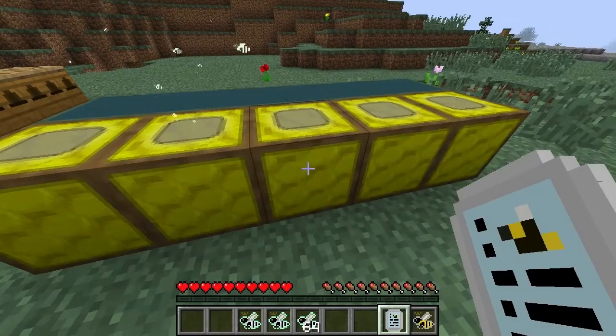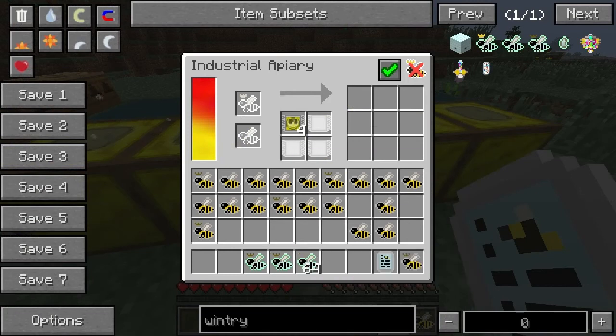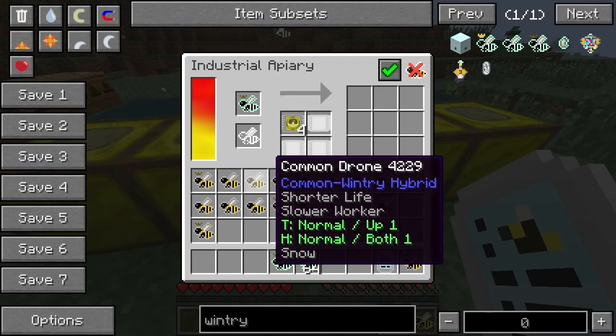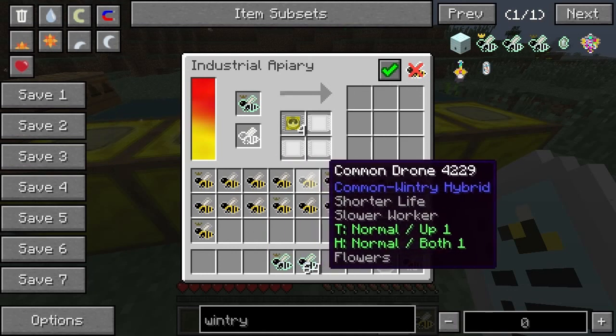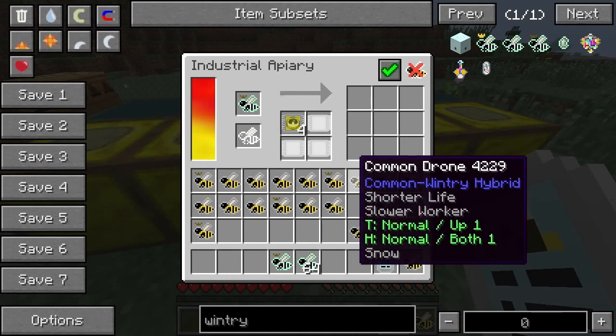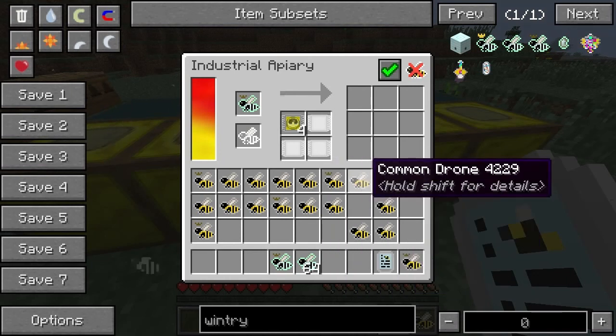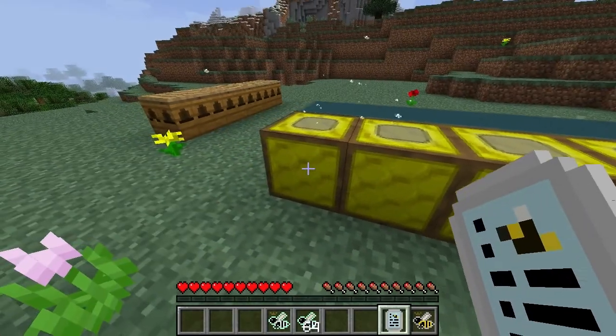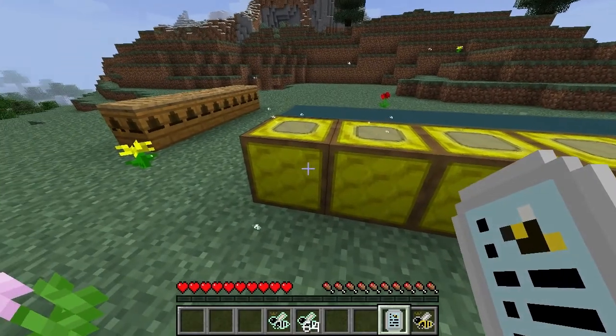Alright, so I've done that for 2 hives. Now in these other hives, what I'm going to do is, again, put the wintry princess, but this time I'm going to put a common wintry in with it. And I want to see if there's any real difference. It may be hard to tell, because I don't want to apply any temperature changes here. I just want to check this particular issue to see if we're more likely to get